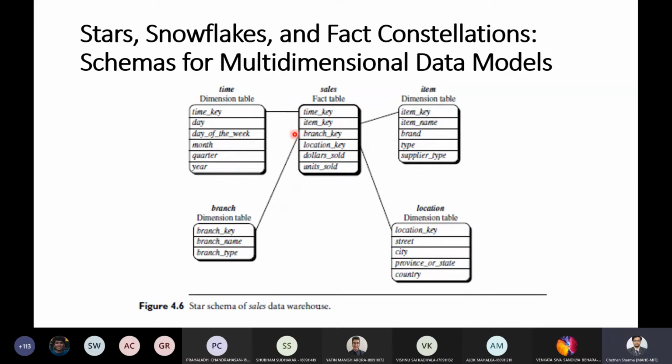So there is a key for each of the four dimensions. And there are two measures, dollars sold and units sold. These two are the measures or facts.